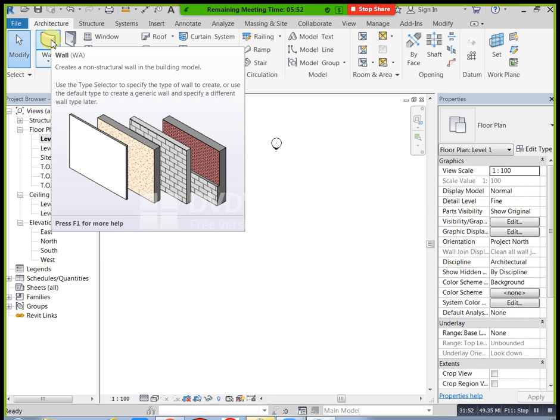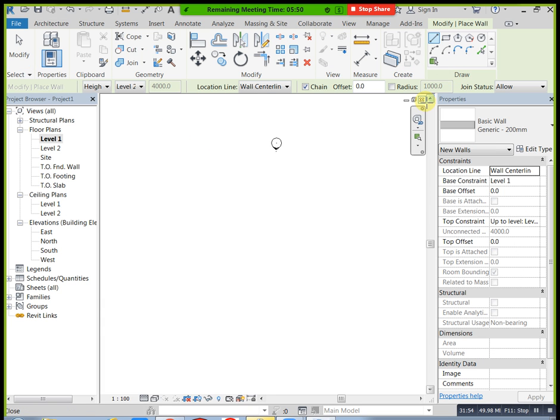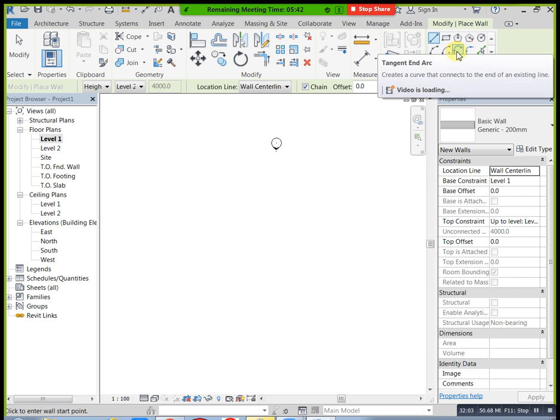For example, first of all we need to set our level and wall height. How much wall height we need? This is called the top options bar, the light green color. Here first we have height. Height means above the reference level. We have zero level, na? If you need your wall above the reference level, you can mention height. If you need below the reference level, you can mention depth. Reference level below you need depth, reference level above you need height.